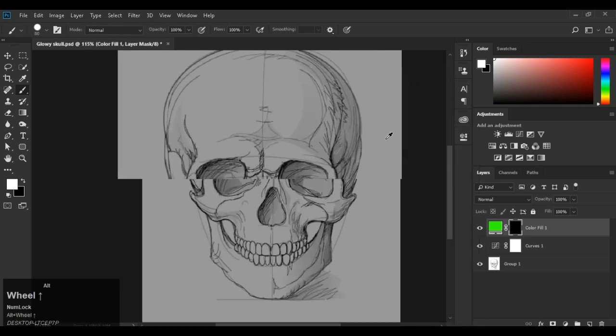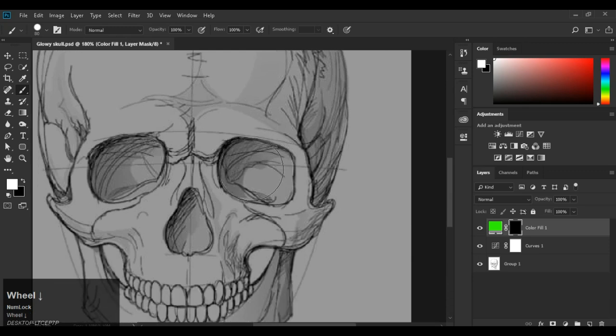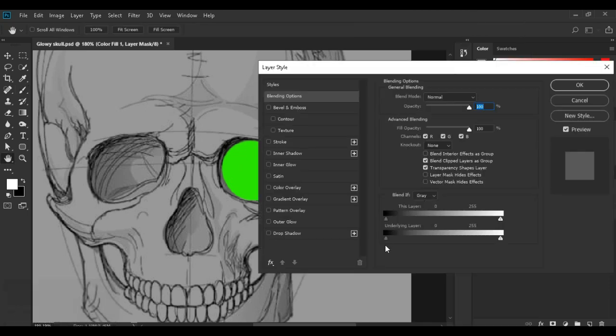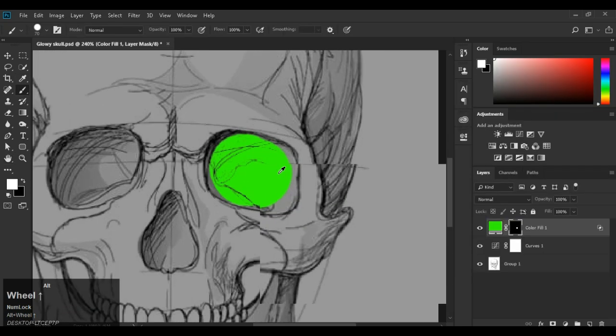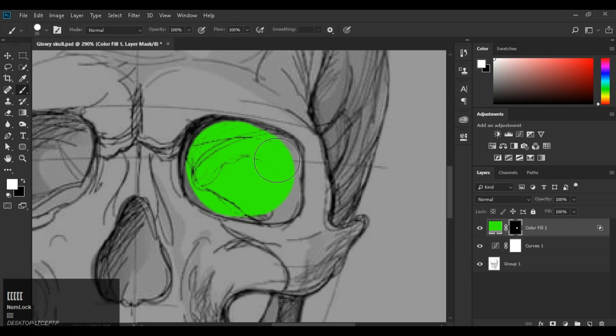Set the hardness as 100, and the first step you need to do is just fill it, go to the blend if and underlying layers, remove it from the shadows just like that, to just get a vibe like we're painting under the lines. So just paint the eyes. I'm just gonna paint the eyes here